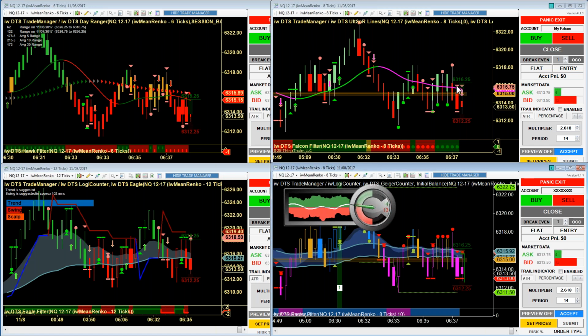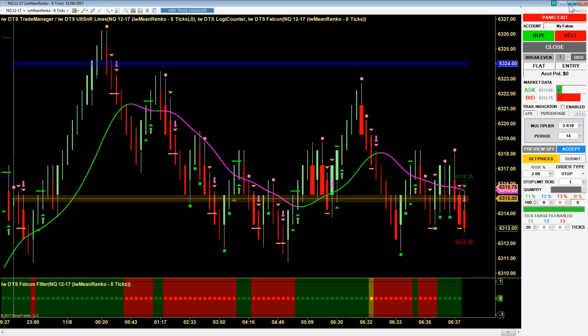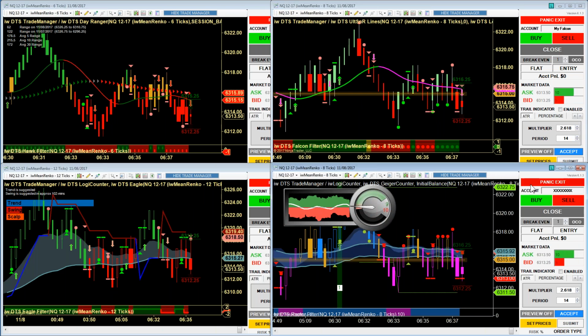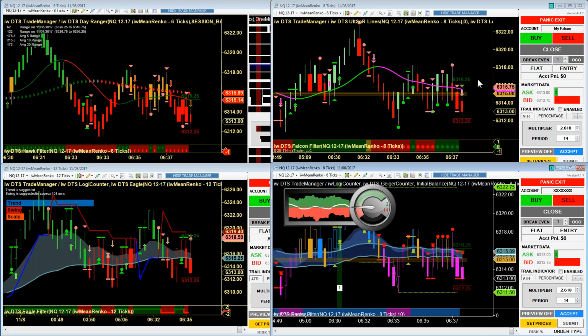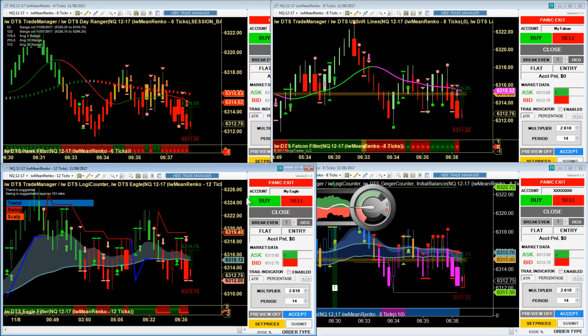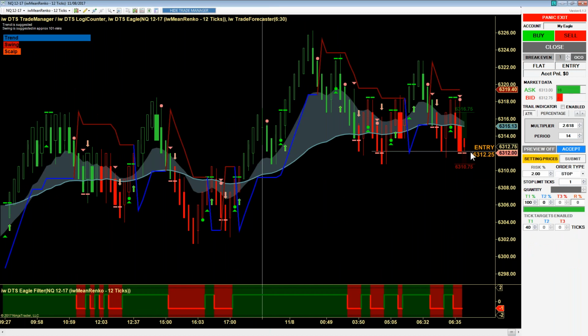Oh, here we're getting that late filter entry after all. It did come back. So we have a tradable signal here in the Falcon. I think that may actually work out. Well, we don't have the cloud crossover yet. You could consider this an early cloud crossover here on the Eagle. We're also getting a first micro macro cross, and we're getting the trend change signal now in the Eagle. So we're kind of set up across the board for a shorting